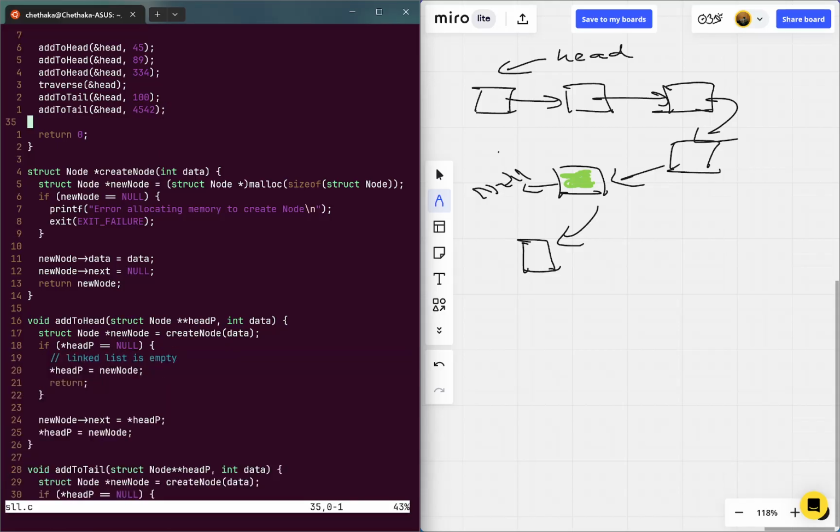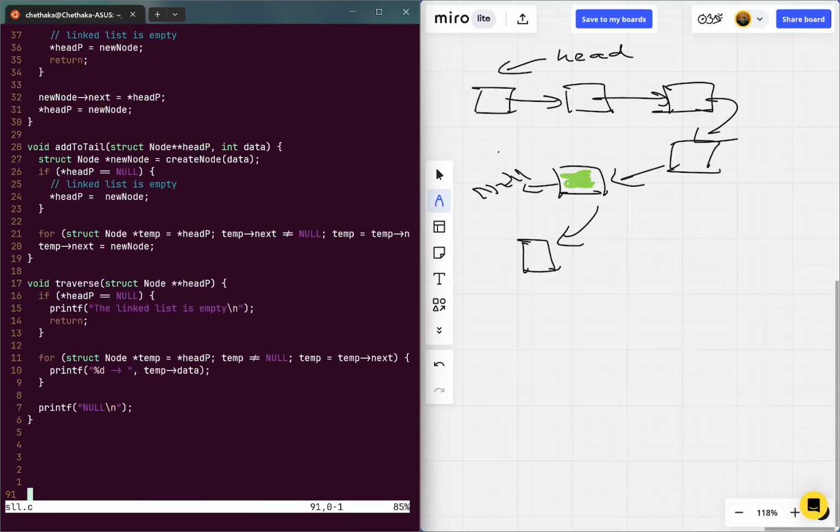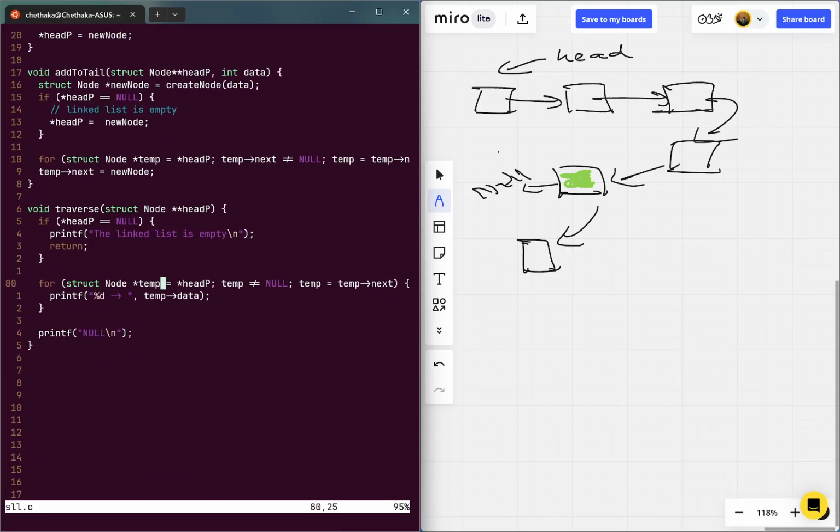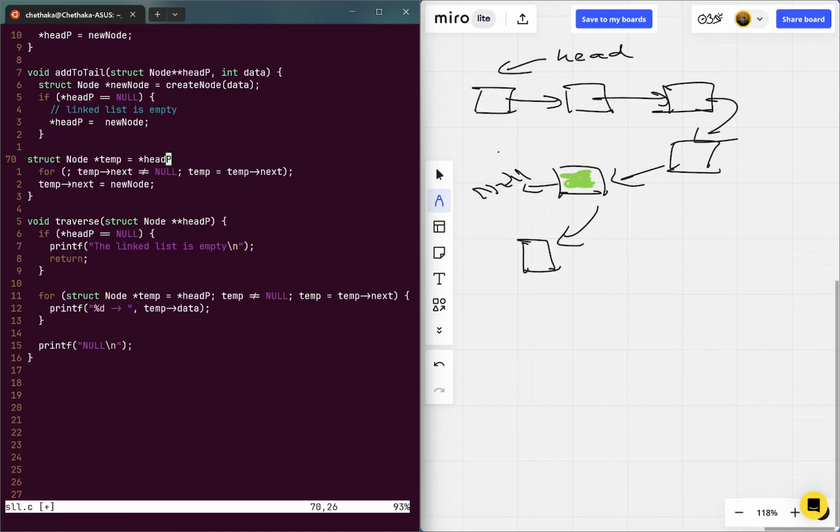Oh, right. Yeah, the issue is over here. I'm declaring the temp variable inside the for loop. That means that temp variable is only accessible inside the body of the for loop. If I want to access it outside the for loop, what I should be doing is declaring the value outside the for loop,